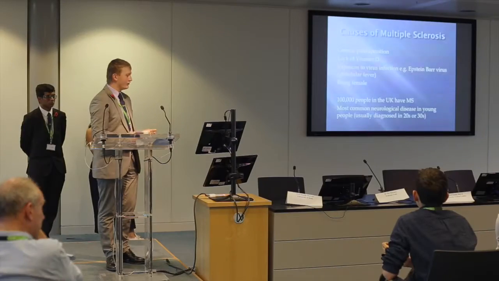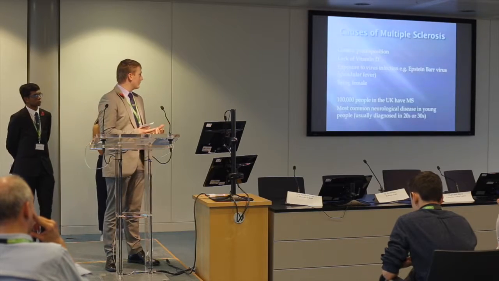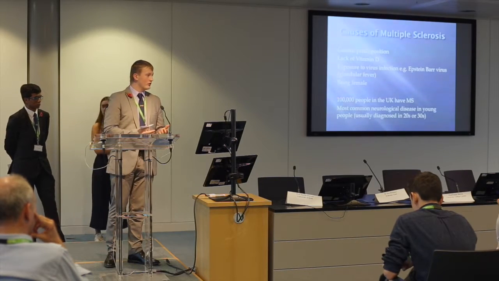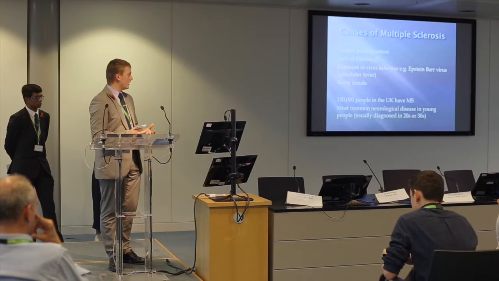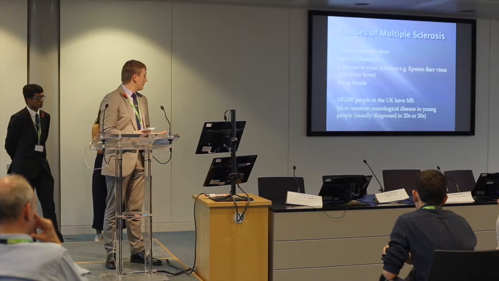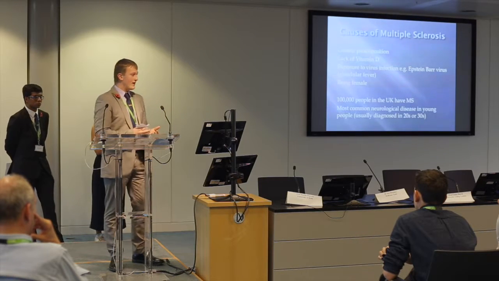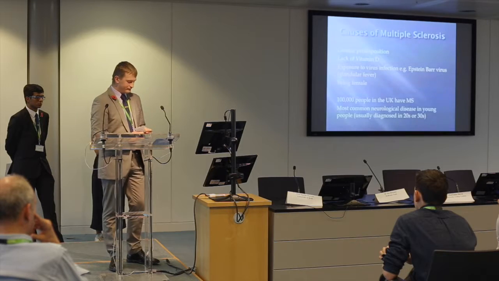What causes multiple sclerosis? There are several factors in the development of multiple sclerosis. One is a genetic predisposition. For example, of the 100,000 sufferers in the United Kingdom, 3/4 of these are female. Another example is if you look at some of the Scottish Islands: whereas the national average for multiple sclerosis is 1 in 600, in some of the Scottish Islands you're looking at 1 in 100 suffering from multiple sclerosis,